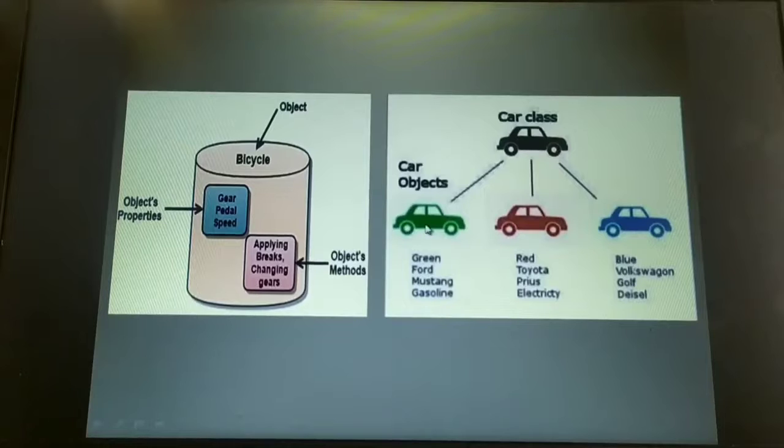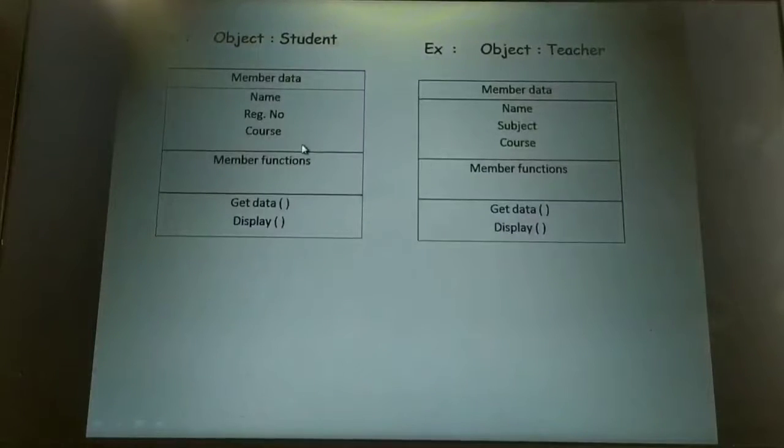Then these 3, I said this is Maruti, Volkswagen and this is Esteem. They all belong to one common class known as car, which is the class name here. And these objects usually take up memory space and have an address associated with them. For example, when I say the object is a student, the information of this student should be placed in the computer's memory, isn't it?